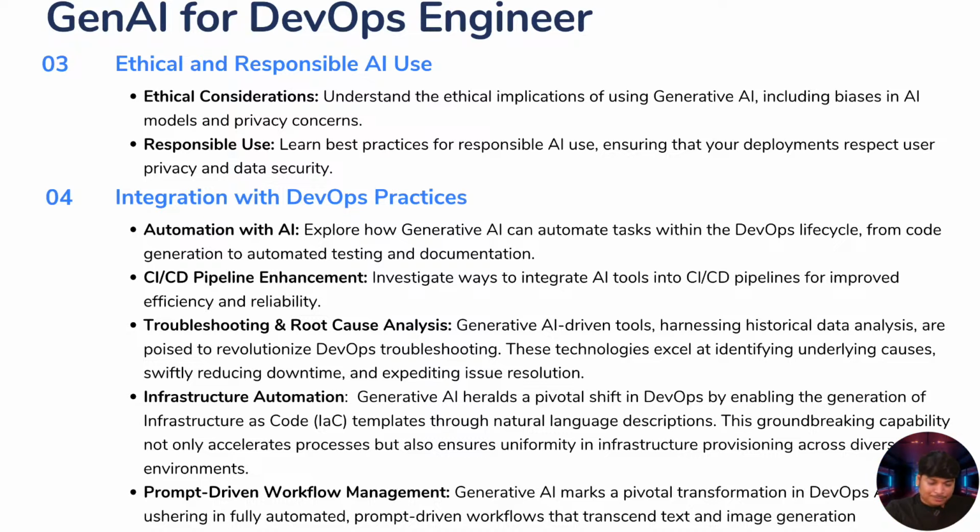Now, let's come to the integration with the DevOps practices part. First, CI/CD pipeline enhancement. Investigate ways to integrate AI tools into CI/CD pipelines for improved efficiency and reliability. What are these ways? For example, you are running a CI/CD pipeline and some problem happens.